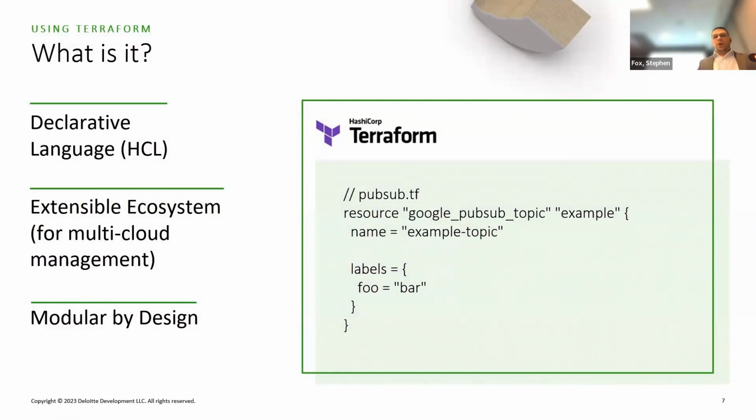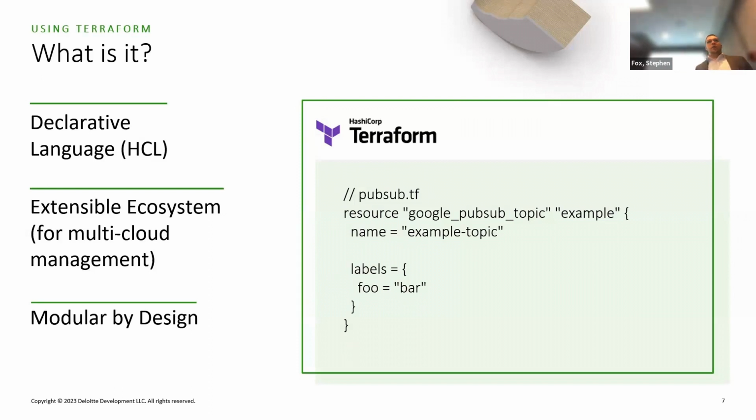The Terraform framework, you could say, has a pluggable backend called providers. So you see different cloud providers or even any kind of service that has an API can essentially write their own provider for Terraform, which makes Terraform very extensible. That's why we see it in multi-cloud settings. You learn how to use the tool once, you can write Terraform modules for GCP or AWS or whatever your favorite cloud provider is. And then it's modular by design.